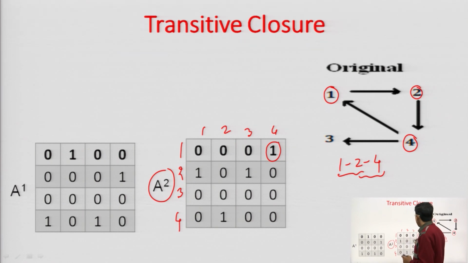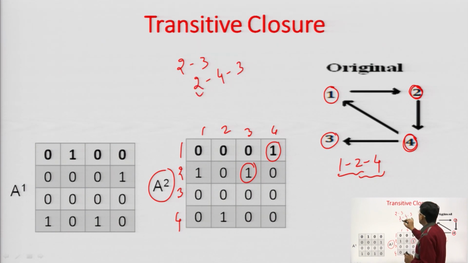Let us verify it with another one, 2 3. Let us see if there is a length 2 path between 2 and 3 here. A path that starts from 2 goes through 4 and reaches 3. So, the path is 2 4 3. There are 2 edges involved, so the length of this path is 2, hence the entry between 2 and 3 is represented by 1. Would there have been 2 or 3 or 4 paths between the pair of stations 2 and 3, this entry would have been 4.